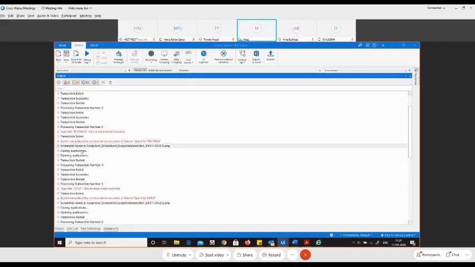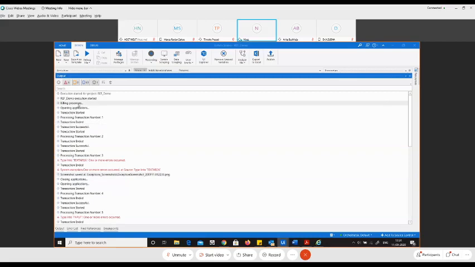And see over here, let us start from the starting, right? Because it's killing the process, opening the application, transaction started, and you remember the transaction numbers that I said. It's the first transaction, second transaction, and in the third transaction, if you remember, I stopped the application. So it says transaction occurred. Here is the exception, and it took a screenshot and stored it in a variable. I'll open that screenshot as a variable. And then see closing application, where when you start, you close everything, then opening the application again, and then transaction started and so on. So each and everything has been updated in the logs perfectly over here.